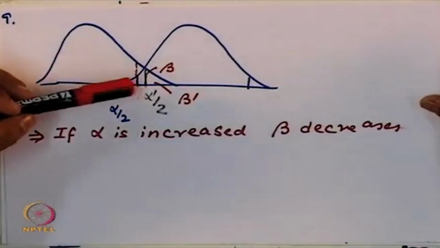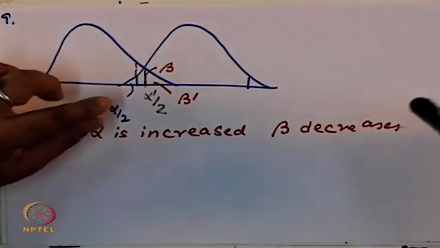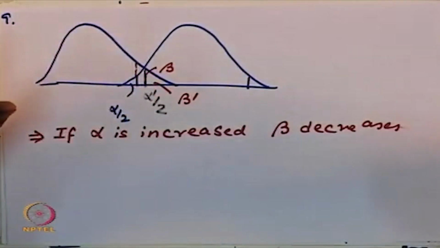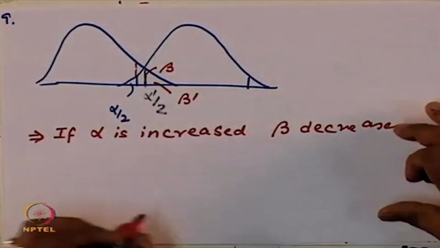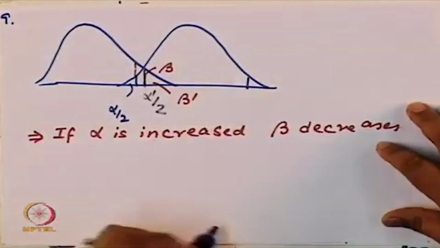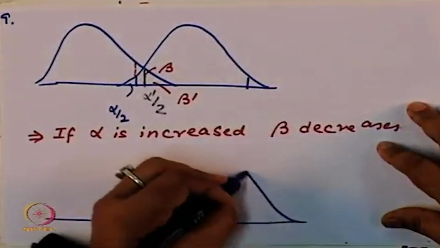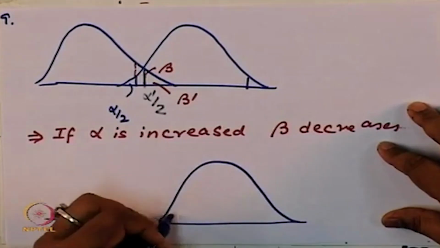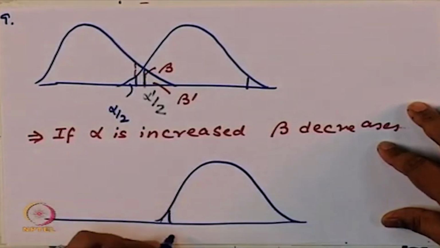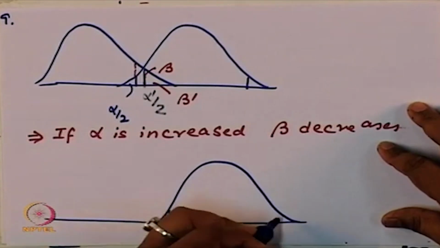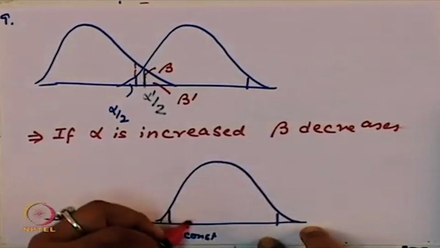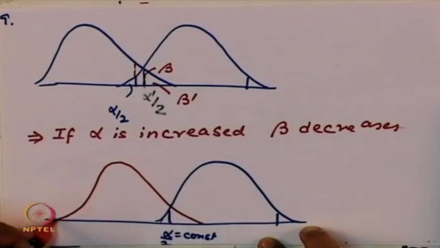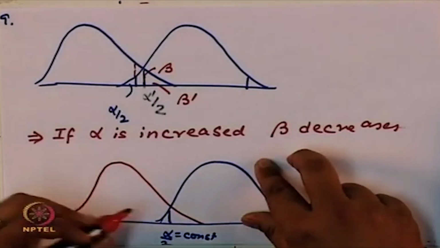But if you want to keep your alpha constant, what should be the strategy for decreasing beta? You want to decrease both alpha and beta. So if this is my curve for alpha, imagine I want to keep alpha fixed. Alpha is constant, so this is alpha by 2. This is constant, so I can draw a curve, which is this one. Or I can draw a curve